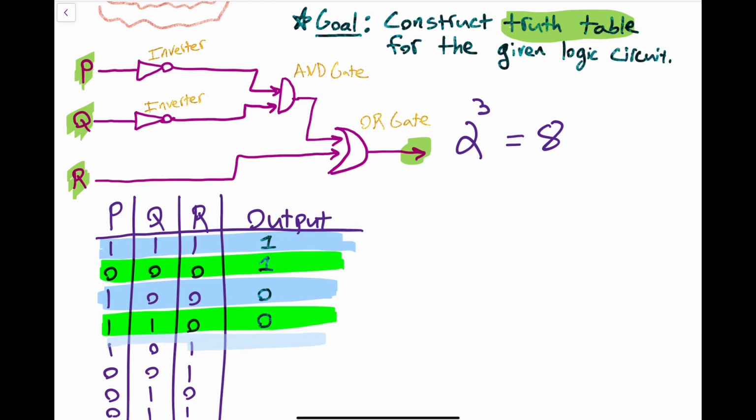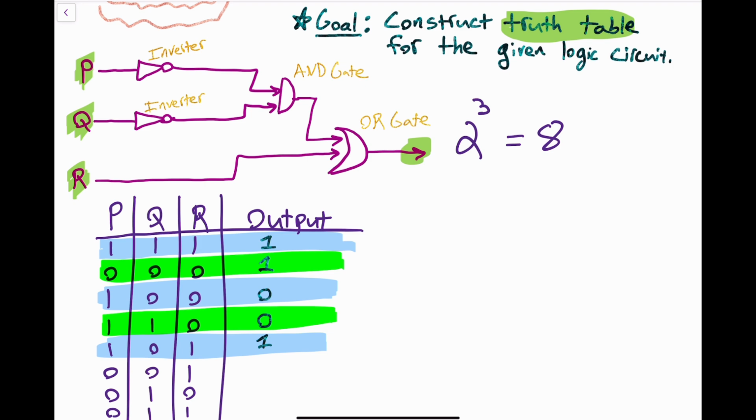Here we have the inputs 1, 0, 1. So P is a 1, Q is a 0, R is a 1. P with that 1 goes to that inverter, so 1 to 0. Q with the 0 goes to the inverter, so 0 to 1. We have an AND gate, 0 and 1 is just a 0. R is a 1. We have an OR gate, 1 or 0 is a 1. So let's move on